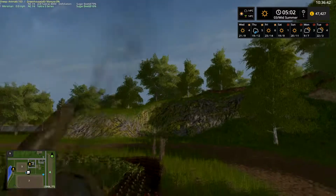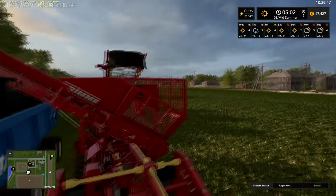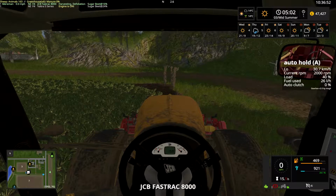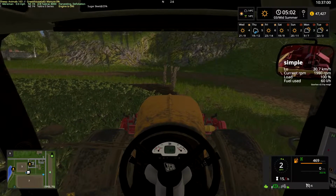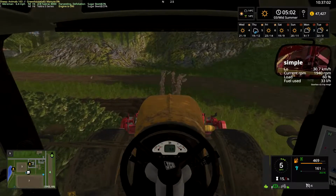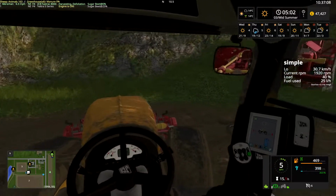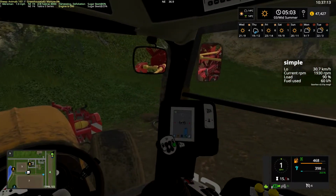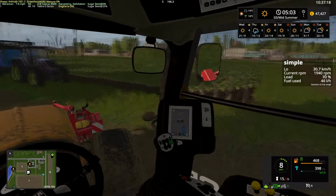Put the brake on. Get in somehow. Now remember to switch that on this time. I think we might be better to swing out and see if we can go straight onto this. Think about it. I need to lift everything. Now if we can actually swing this lot round and get back onto the...